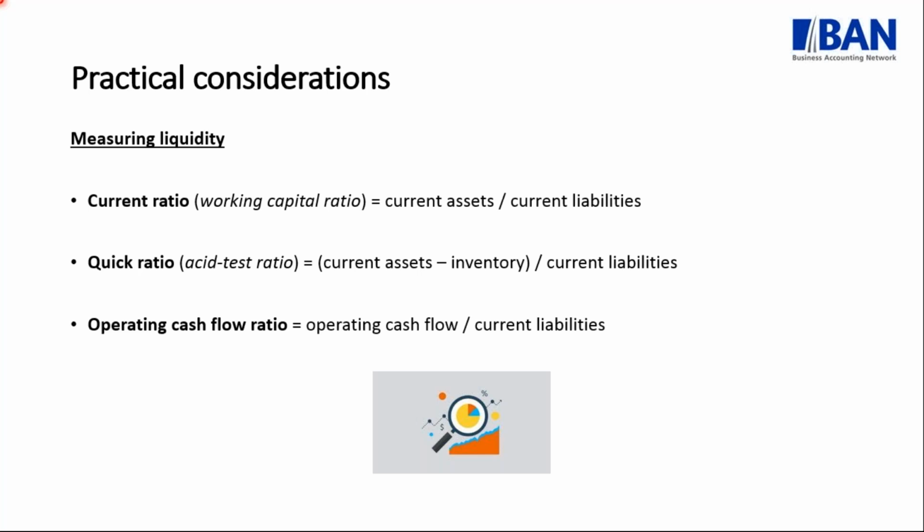And a 1 to 1 current ratio, meaning your current assets cover your current liabilities on a 1-to-1 basis, that's cutting it way too close from a liquidity point of view. But when we do the example, you'll see what I mean when I talk about 2 to 1 and 1 to 1 in terms of the results of this ratio.